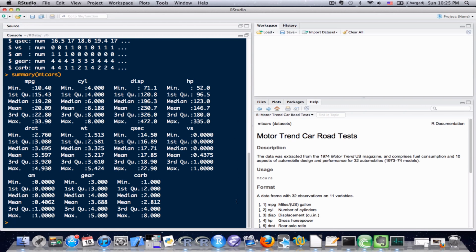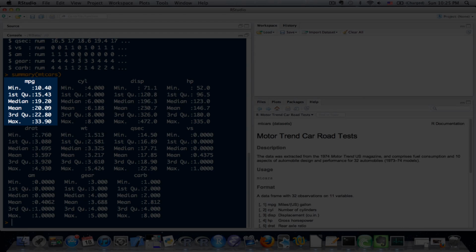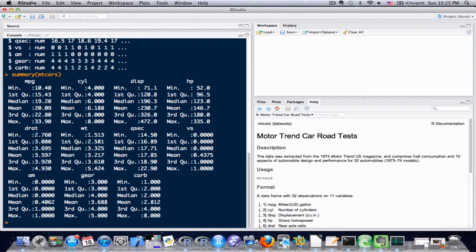What it did is it took every single variable in my data set, and it gave me a really high level statistical summary on that variable. I'll use mpg, miles per gallon, as an example. We can see that going from top to bottom, it gave us the minimum value. It gave us the first quartile. It gave us the median, mean, third quartile, and max. And it would do that for any type of numeric variable. For different variable types, you're going to have a different type of summary. But